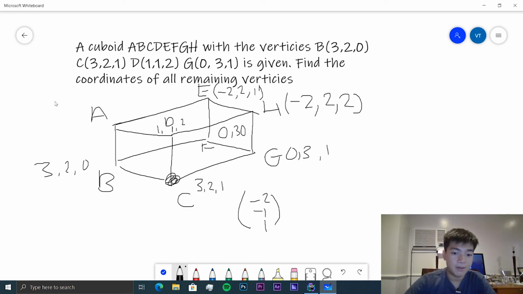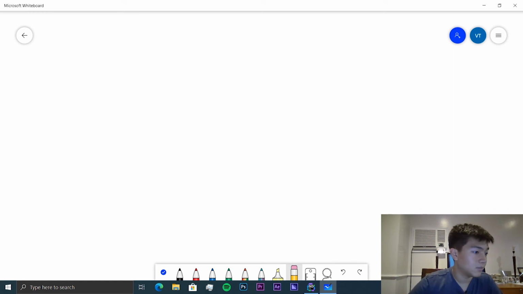And finally, A will be equal to 3 minus 2, 1, 1, 1, 1. So these are the coordinates of all of the quarters. We can just use vectors to solve it. Nice. Okay, and so